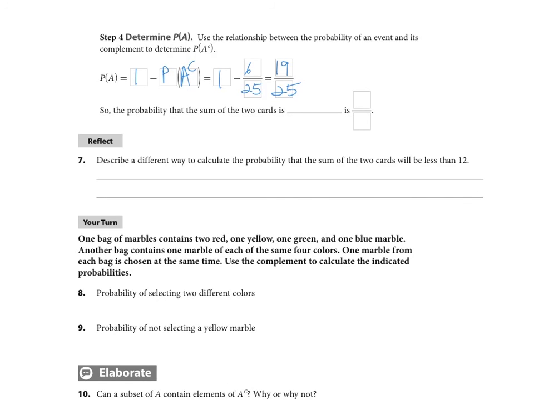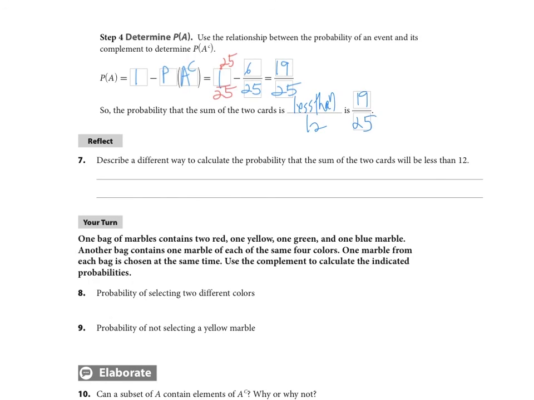Remember, we need to get a common denominator here, so this is like 25 over 25 is the value of 1. 25 minus 6 is 19/25. Okay, so the probability that the sum of the two cards is less than 12 is that number that we just calculated,